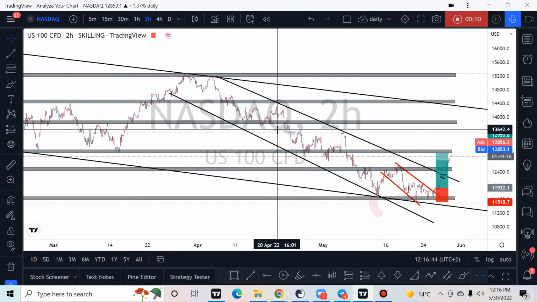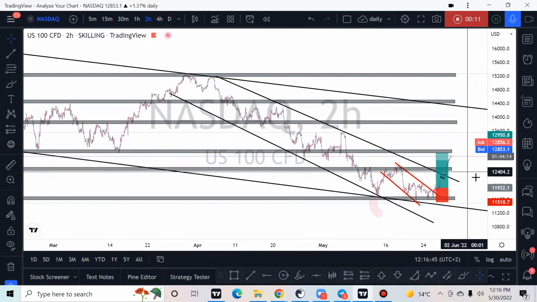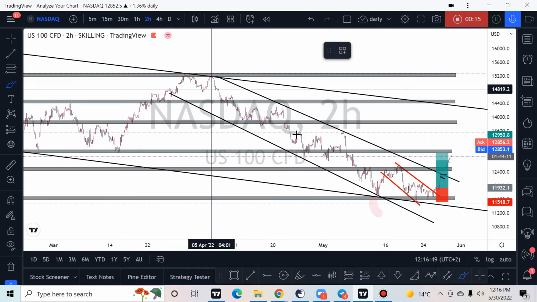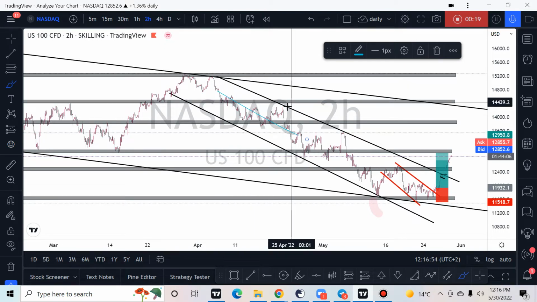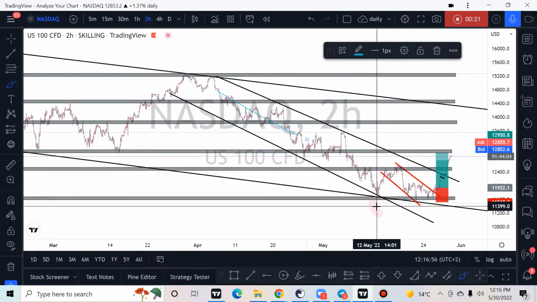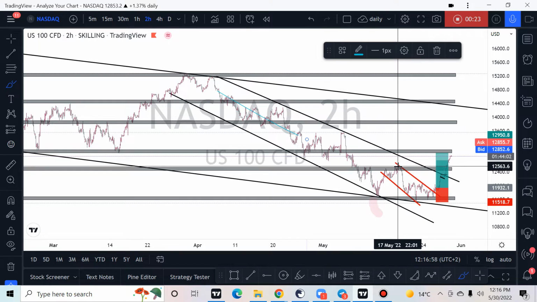I'm back again. So now I'll be analyzing Nasdaq. So what's happening with Nasdaq? As you can check here, we were in a downtrend. A downtrend is a series of lower lows and lower highs, lower lows and lower highs, lower lows and lower highs. So if the previous lower high is broken, meaning that we will be focusing on the